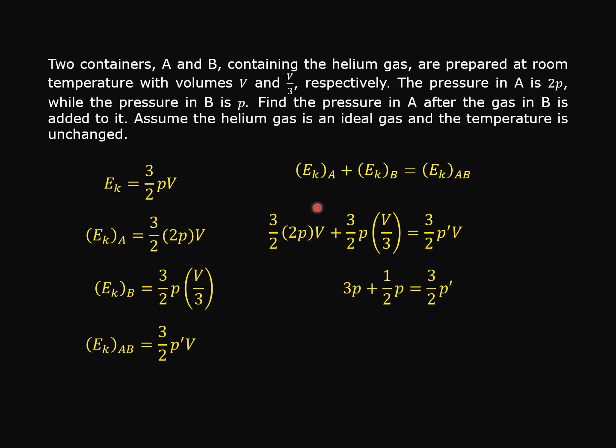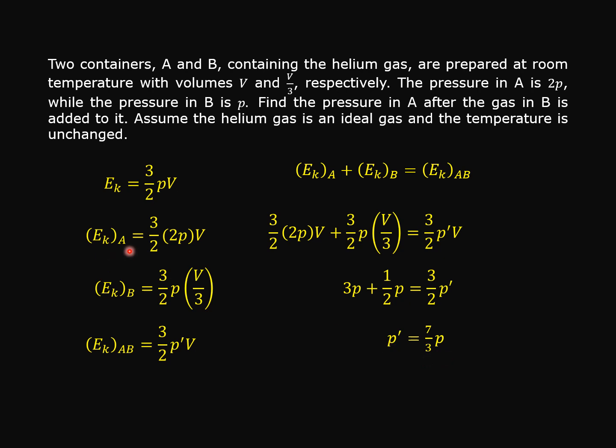We can simplify these equations by cancelling out the V, V, and the V. Therefore, in the first term, we will have 3P. The second term is 1 over 2P. And on the right hand side, we have 3 over 2P prime. So now we obtain the new pressure in the container A, P prime, which is equal to 7